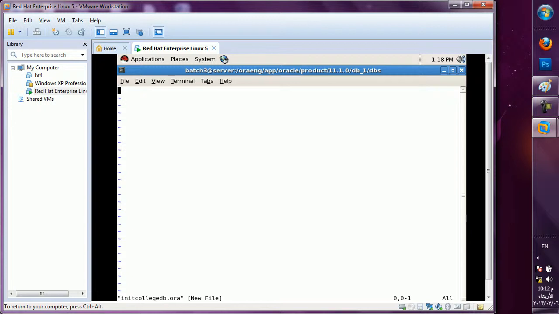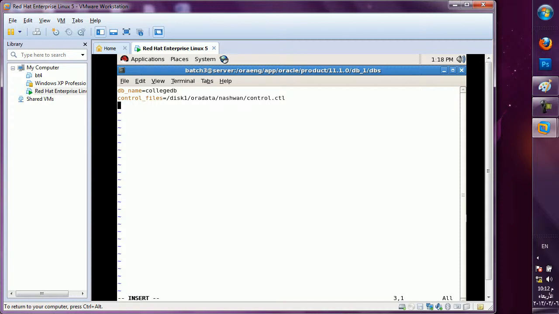Here press Insert. Some settings I have to pass here. For the database name, what I will give is collegedb, because my SID name is collegedb. Then, where to keep my control files? For this I will use the oradata folder. Next one, control.ctl. I am using that file name. You can give any name.